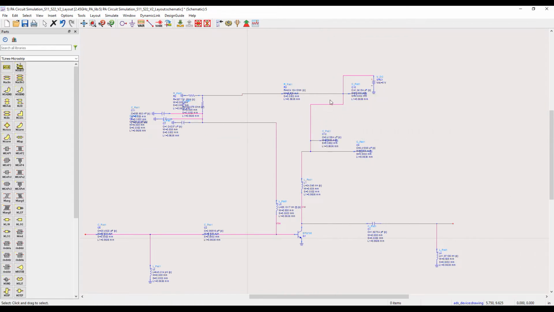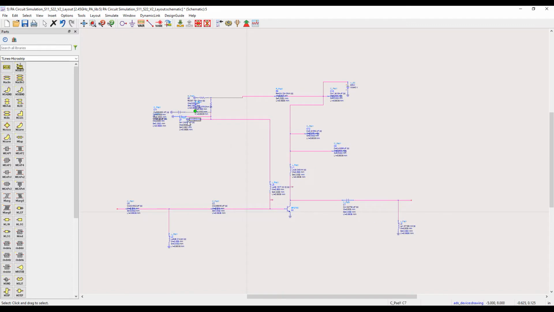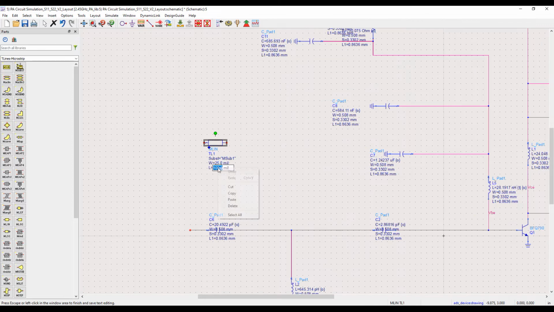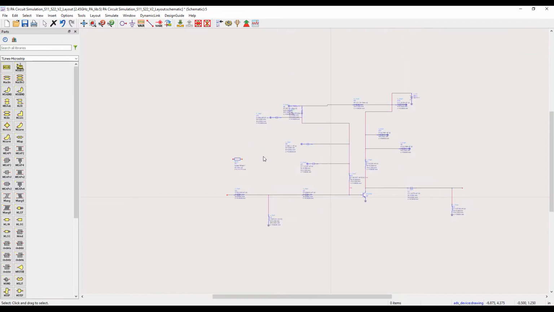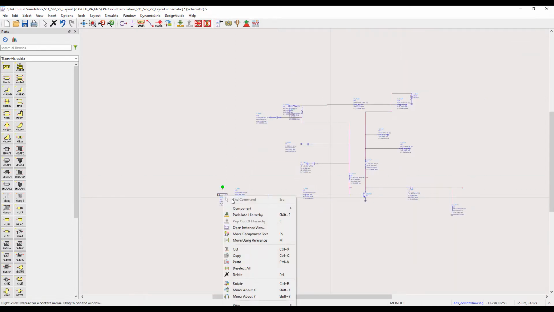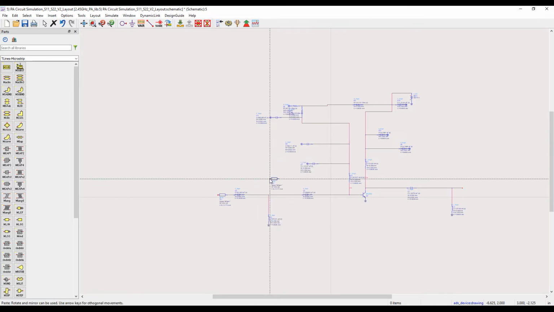Before inserting the mlin and mtee, the components are moved to create enough space for the insertion. I will fast forward this process as it's straightforward. The next step is to insert the mlin and mtee in the allocated space. The length of the RF microstrip line is 0.41 mm. The width remains 25 mils. Since space is allocated before, the insertion can be done quickly. I will fast forward this process as well because it's straightforward.